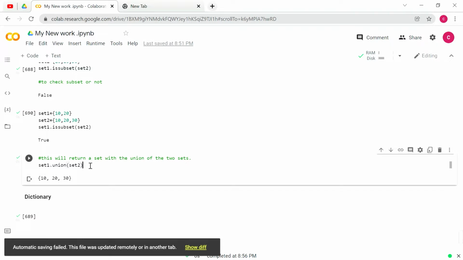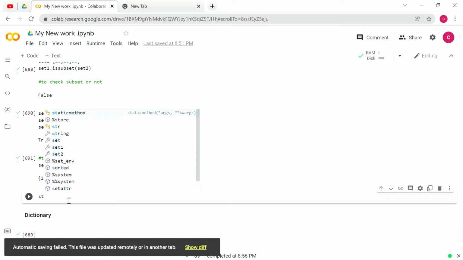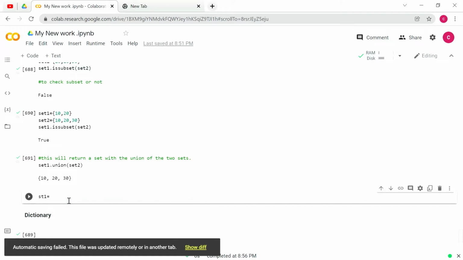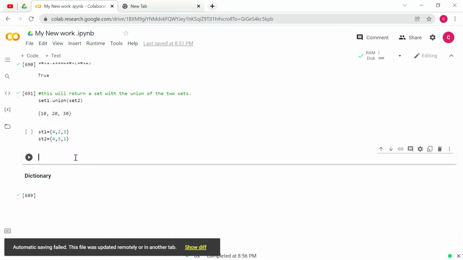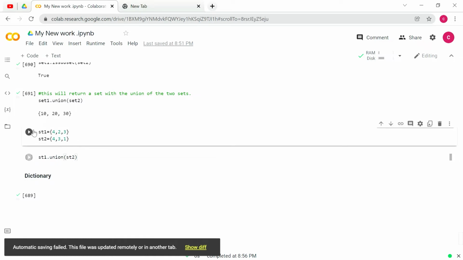So if we create another set, set1 equals inside curly brackets 4, 2, 3, and set2 equals inside curly brackets 4, 3, 1, and we check set1.union(set2), just run both codes and find the result.